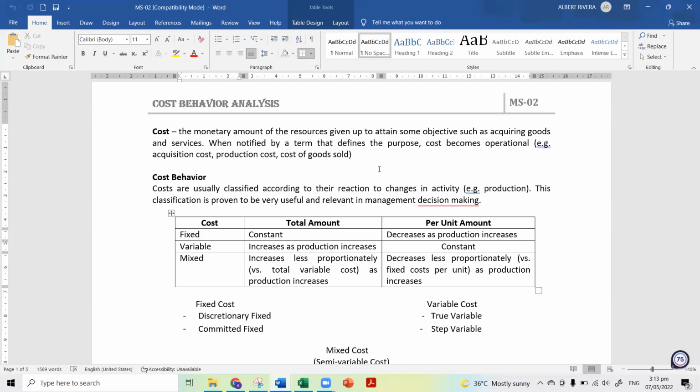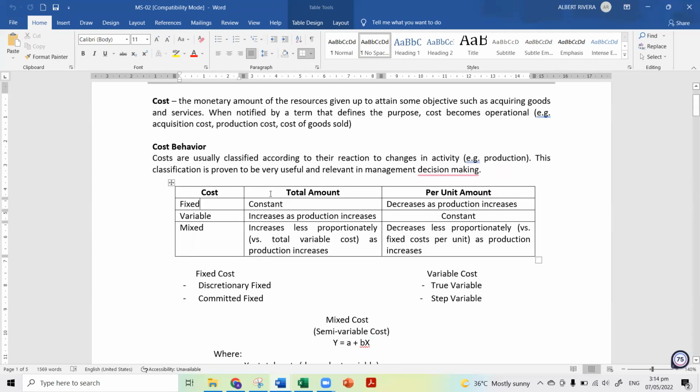And this cost behavior is primarily used as the basis of decision. Kasi, di ba, one of the strategies that is best performed by the entity is to minimize the level of cost. Okay? So, these are now the behavior and these are now the cost behavior. The cost behavior may be fixed, may be variable, and may be mixed. For example, class,